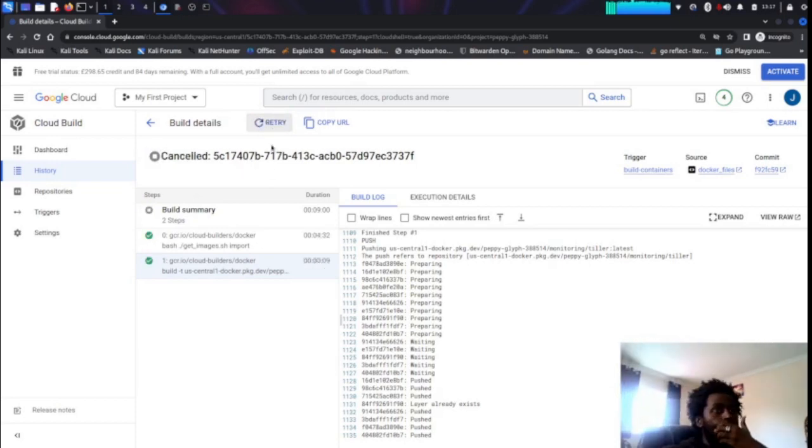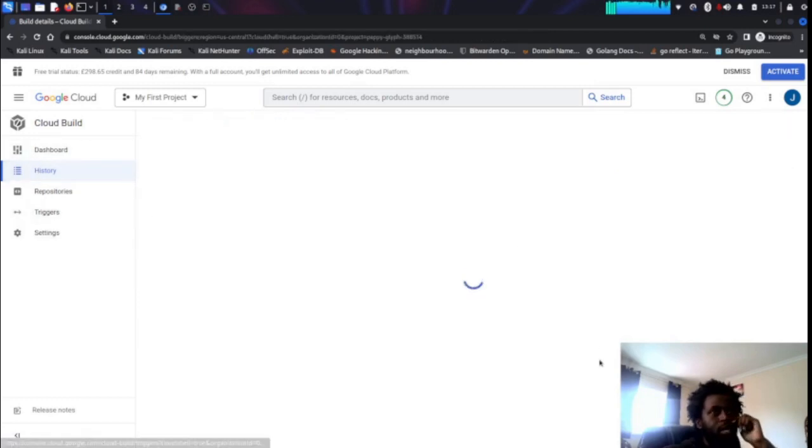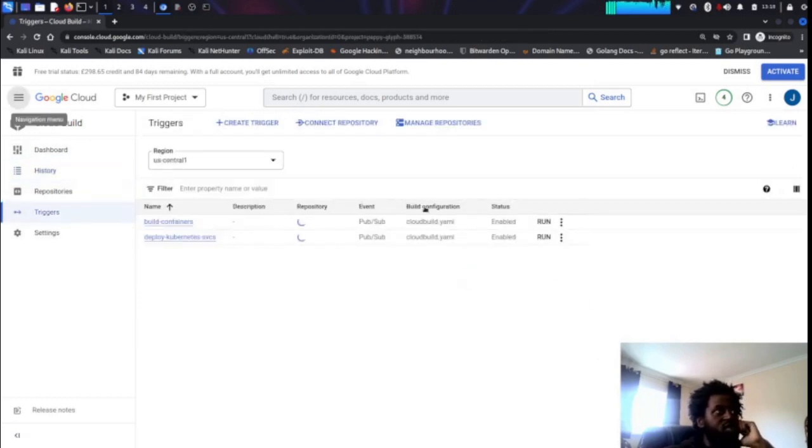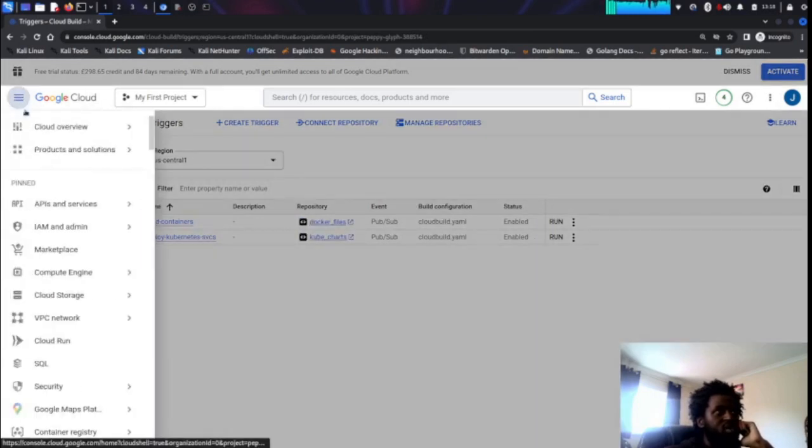Okay. If I just check, you can see we've got triggers here. We can just run the triggers if we needed to. The build triggers are there, but what I don't trust is